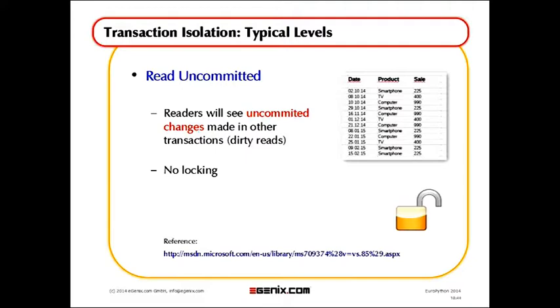With the read uncommitted isolation level, all the processes that talk to your database will immediately see everything that changes in the database, even uncommitted changes. So strange things can happen. You can have dirty reads, which means that you read data from another process that hasn't been committed yet, and you're not sure whether it's actually going to be committed later on. You can have phantom reads, which basically means you add something to the database in some other process, and then you remove it again, and your process might have read this row that was added by another process, and later on it's removed again, so it's basically a phantom that you're working with.